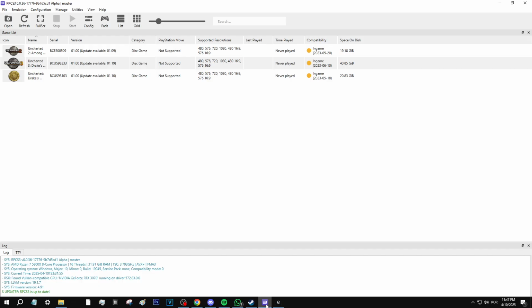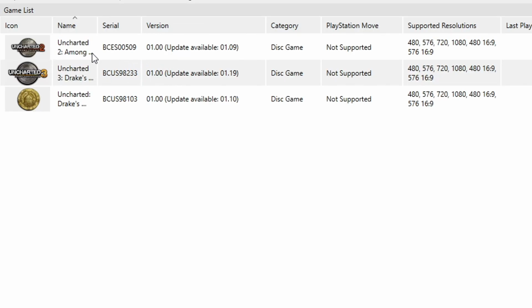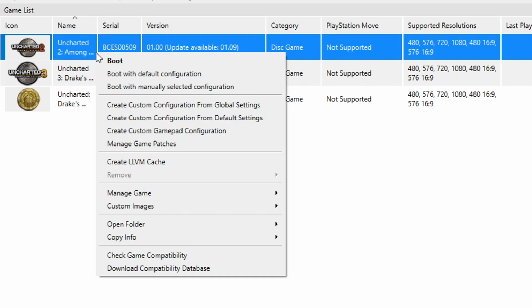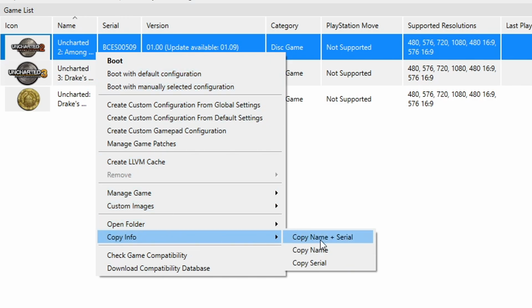Now to grab the patches of your game, we're gonna need its title serial, and we can get that on the emulator right here. I'm gonna do this for Uncharted 2, but the process is pretty much the same for all the other games as well. So right click the game, put your mouse on top of this option, copy info, and then click on copy serial.